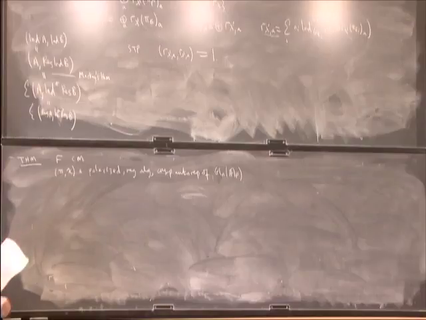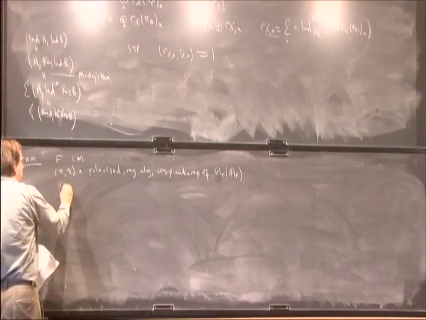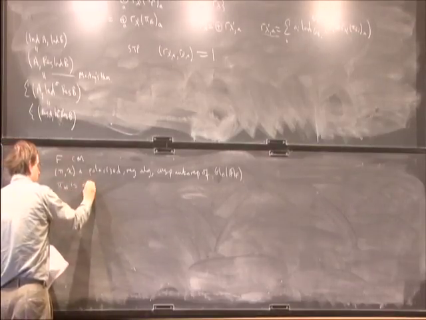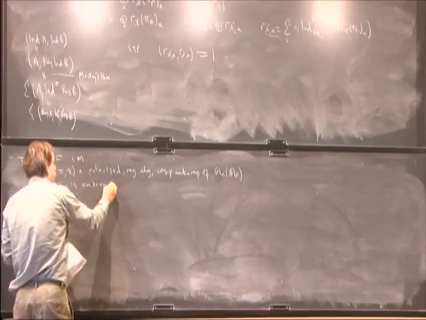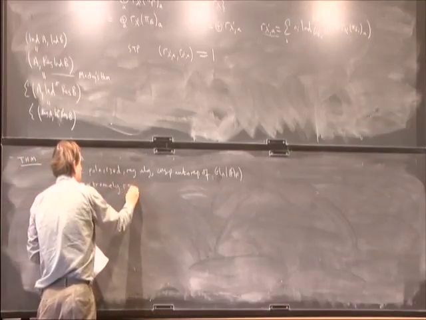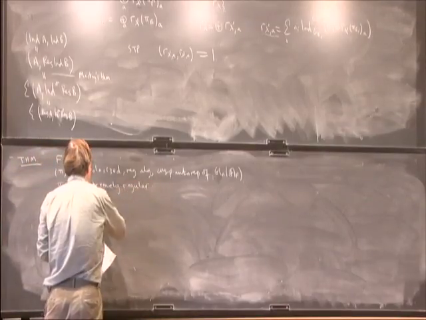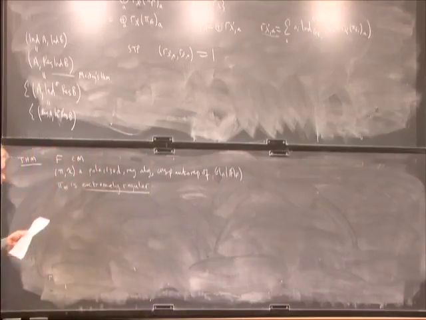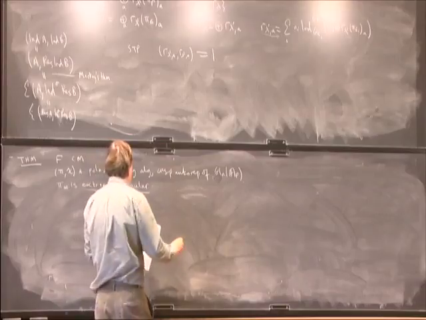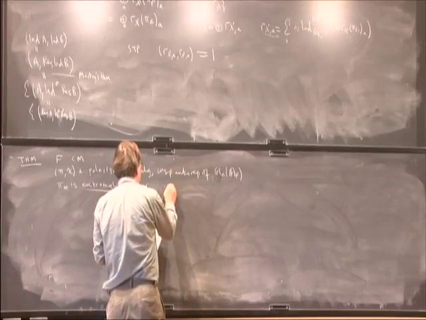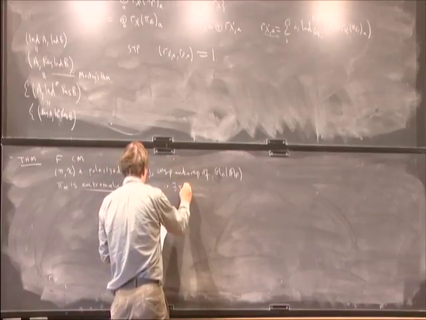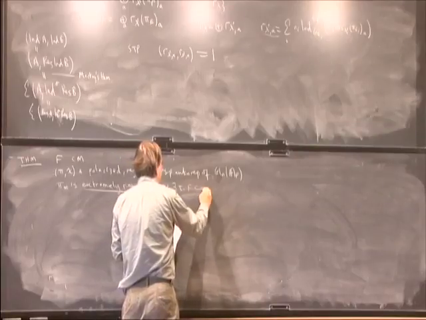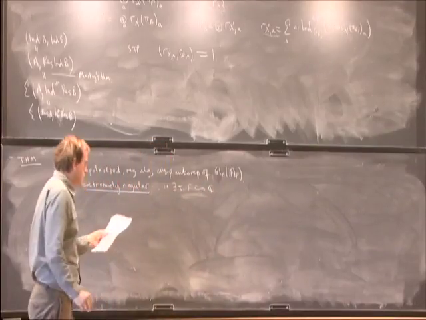And I want to assume that pi is what we call extremely regular, which, if you like, is the following: there exists tau, a map from F into C, such that,